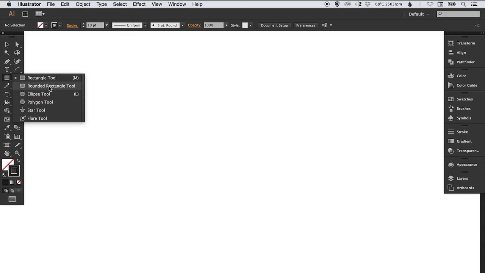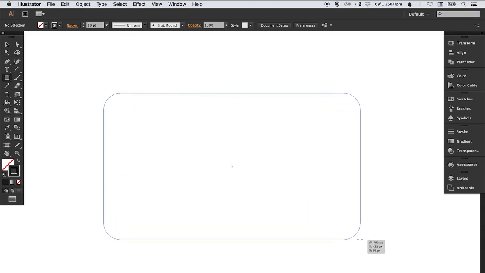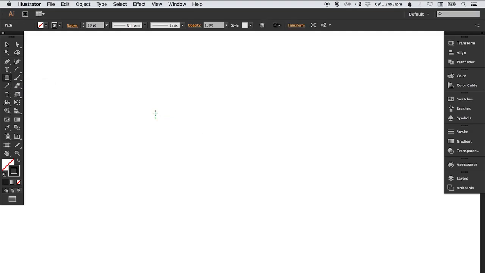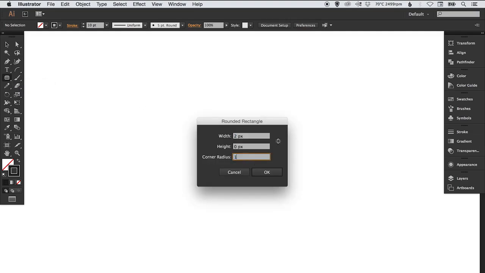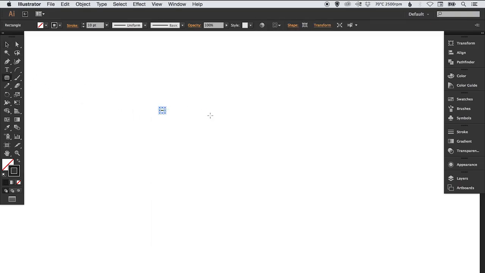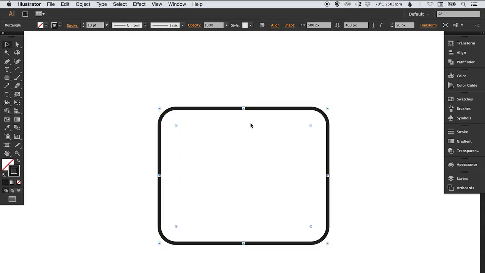Similarly to the rectangle tool, we've got the rounded rectangle tool. If I left click and create this, you'll see that the corners are rounded off. So if I left click on the artboard, I can specify a corner radius of, let's say, 10, and a width of 500, and a height of 400. And you'll see that the corners are quite small. If I create that same shape again, 500 width, 400 height, and a corner radius of 50,